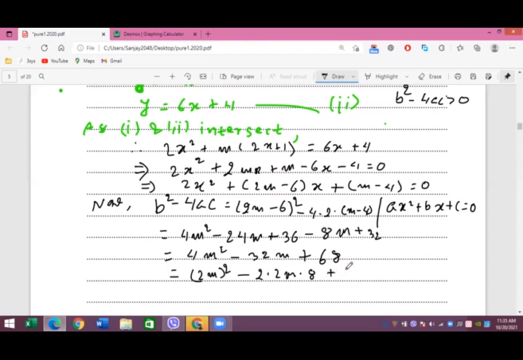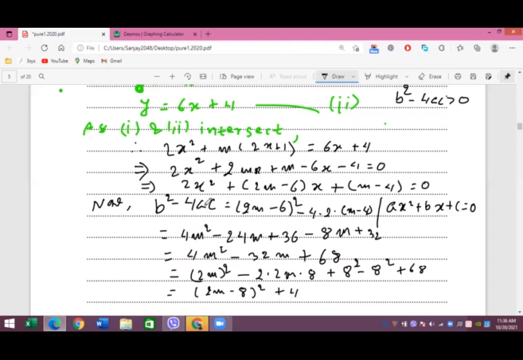Now we can write the b squared form. In place of b it is 8 here, so you can write 8 squared, and since we have taken this extra term, we have to balance by minus 8 squared and then plus 68. After that, in place of a there is 2m, in place of b there is 8, and it's like a squared minus 2ab plus b squared, so it is 2m minus 8 whole squared, and then minus 64 plus 68 is going to be plus 4.